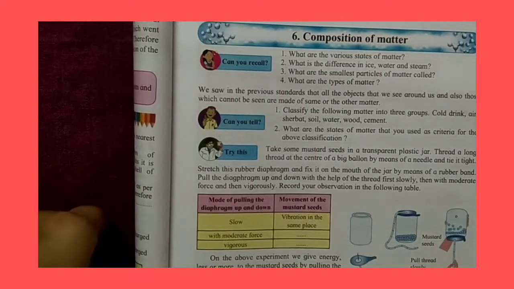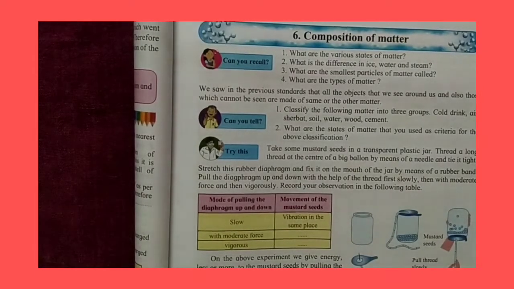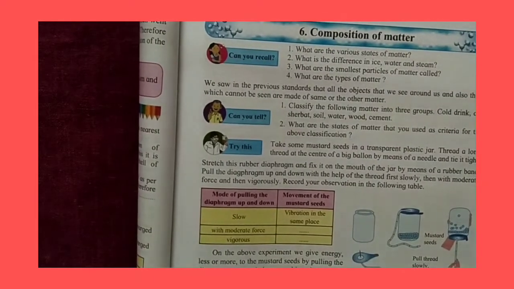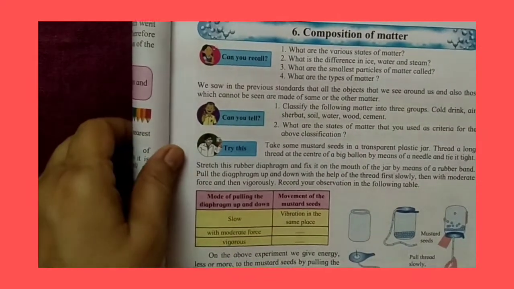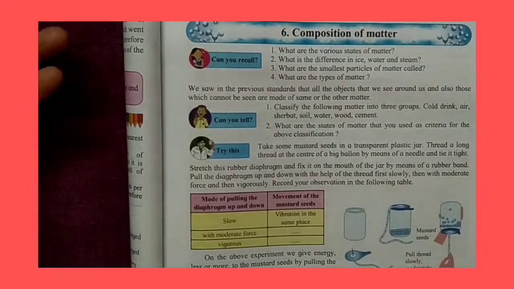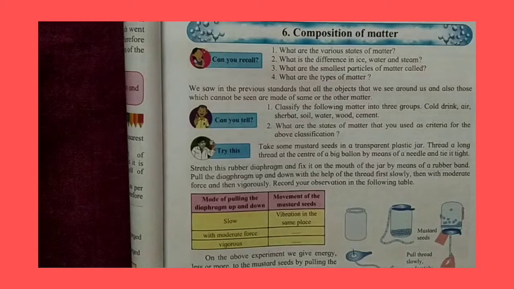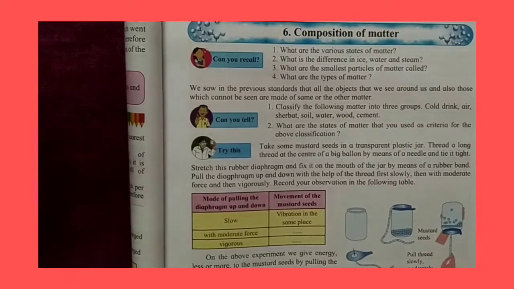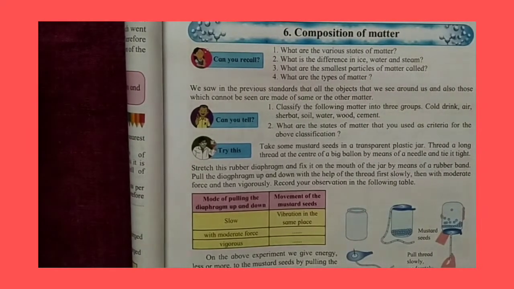The matter around us has three states. First, solids. We see many solids around us. Whatever you see just now when you're sitting, listening or watching this video, the things around you are all solids, isn't it? The mobile which you're holding in your hand, the pencil, the book, the pen, the utensils, all these are solids. Then liquids, we use liquids for various purposes. Water is a liquid, milk, tea, then kerosene, petrol, these are all liquids.